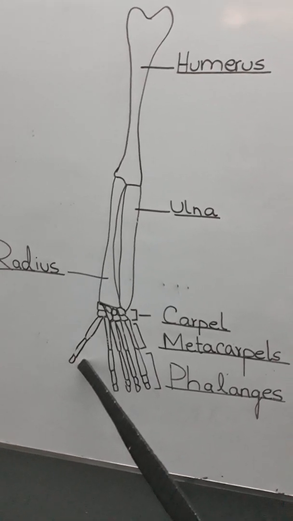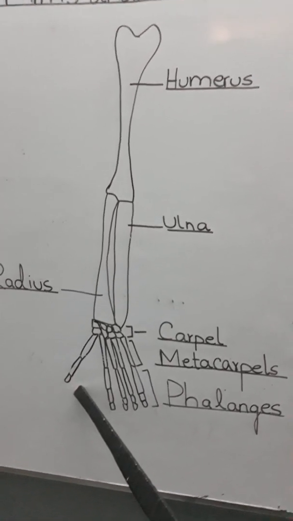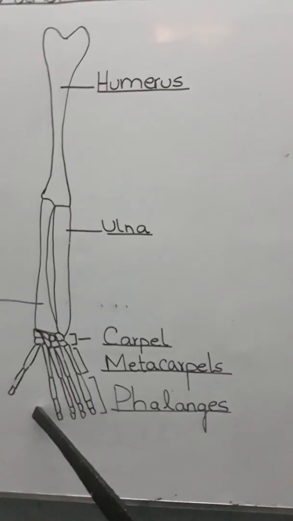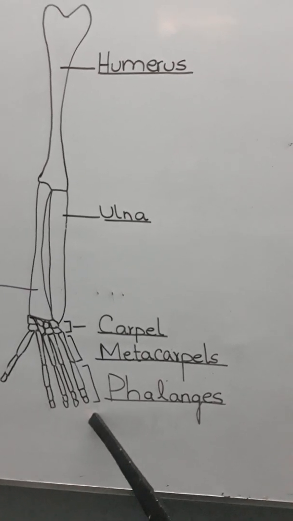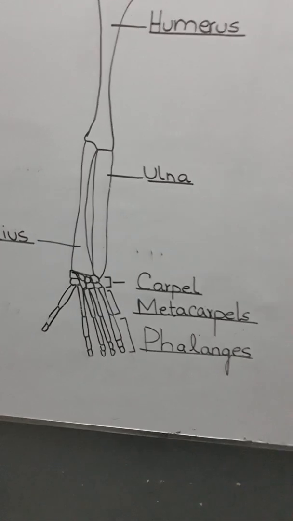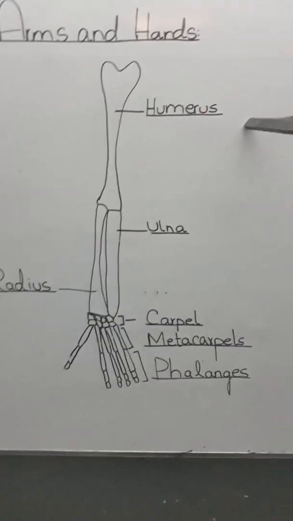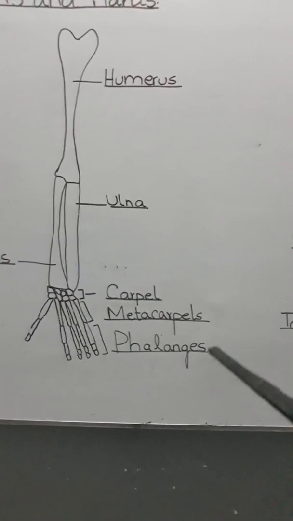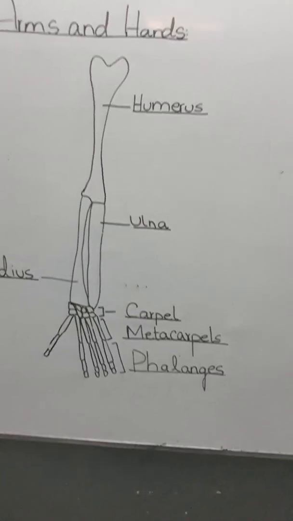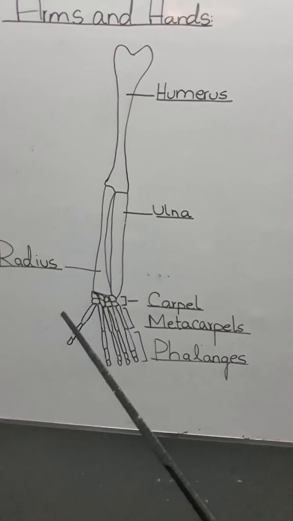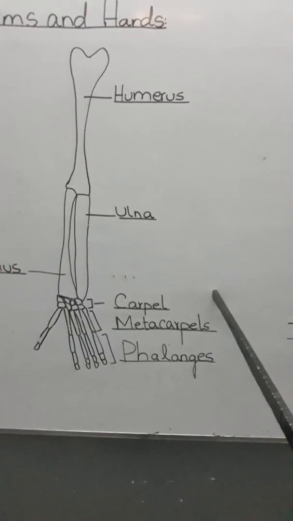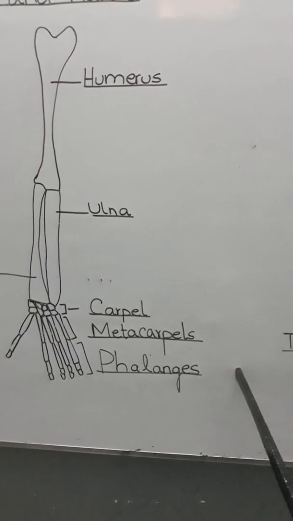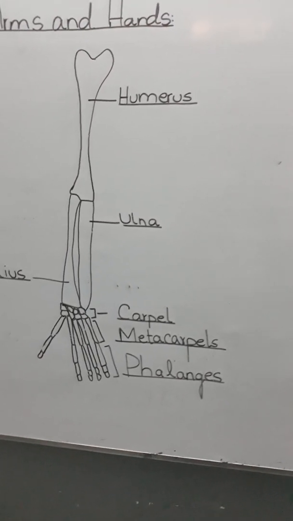Why? Because our thumb is very small and it consists of only 2 bones. Okay, this is a very important key point in this lecture, that the thumb consists of only 2 bones while the other fingers consist of 3 bones each. Okay, humerus, ulna, radius, carpals, metacarpals and phalanges. Humerus, ulna, on the thumb side radius, wrist bones, carpals, palm bones, metacarpals and finger bones, phalanges. Okay, you have to memorize these bone names.